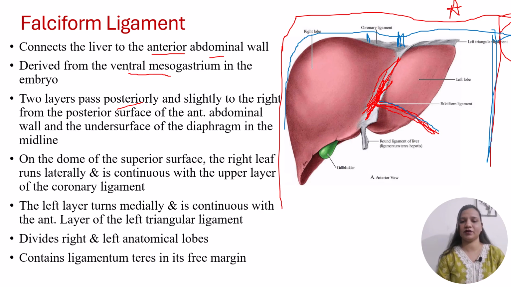The falciform ligament comes from the under surface of the diaphragm and attaches to the liver. On the dome of the superior surface, the right leaf